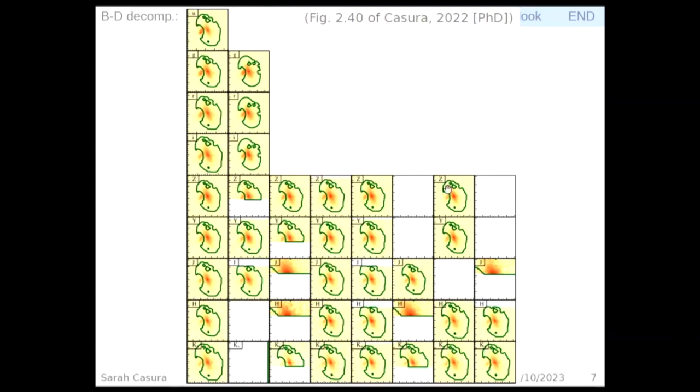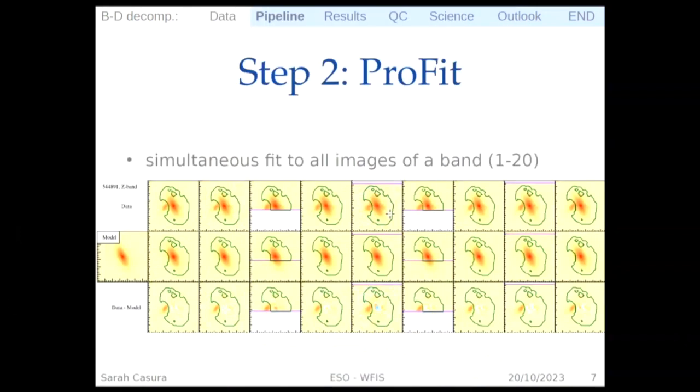For VIKING, because we use individual chips, we have a lot of images per band. So what we do with those is to fit them simultaneously with the same model. So here's an illustration of that, where we have all the images in the Z band as an example. Then we have a single model for this galaxy that is convolved with the appropriate PSF and taking into account the pixel scale, background subtraction, whatever, for each of these individual images, to then make a model image that matches each of these individual images. And like that, we can fit the galaxy taking full advantage of the depth without having to introduce uncertainties by